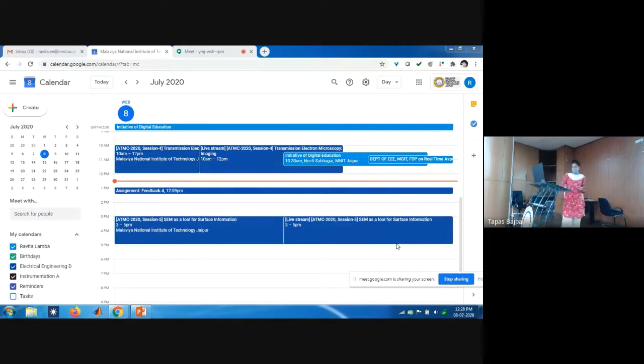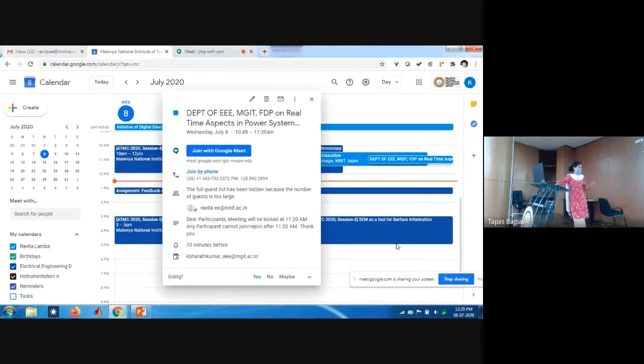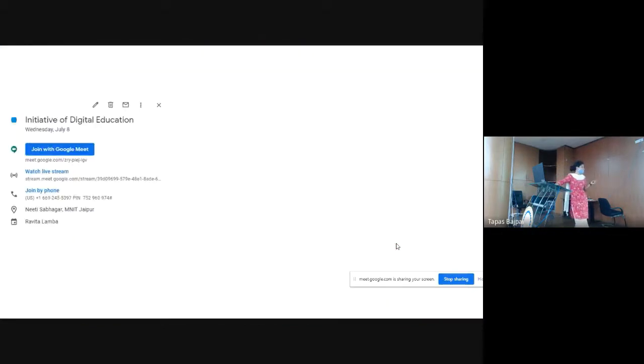So this is an example. It will show the slot, on which date and at what time your meeting is scheduled. So it will show the time frame also. And whenever you click on this or this, it will give all the information here. This will be the link here, join by phone, or if you want to join by link, and then this is for notification, this is the email address. So these are the different examples, like our workshop.